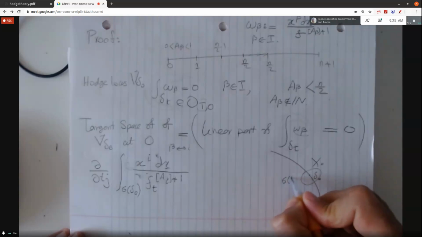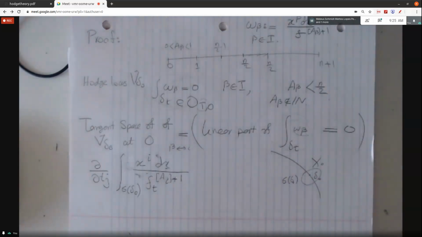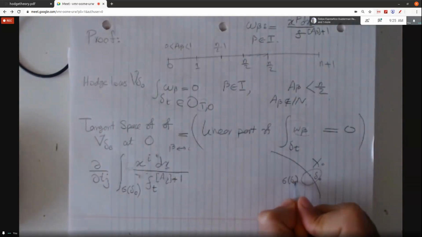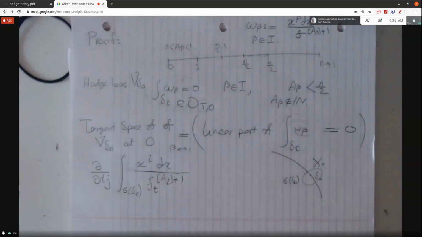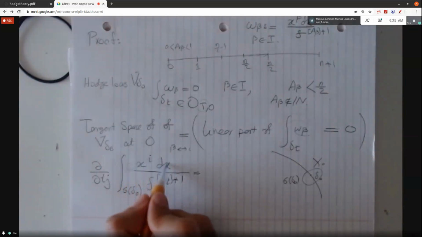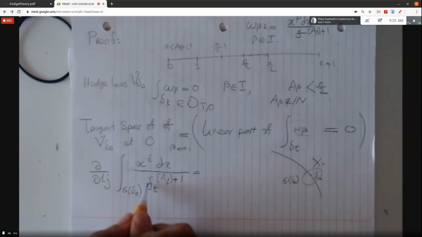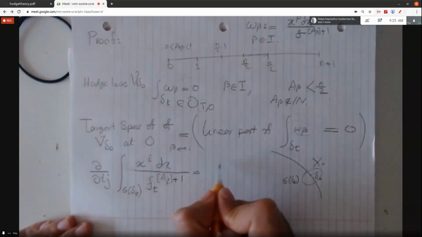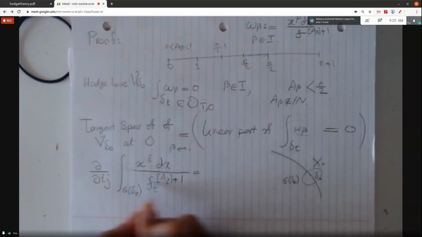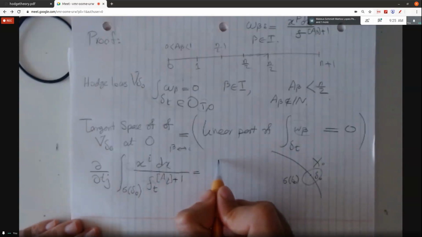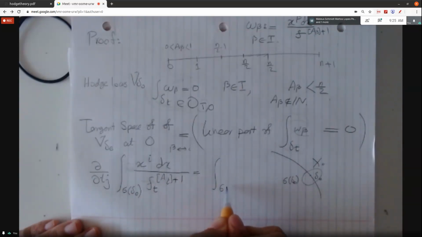So the sigma delta 0 in the Leray-Thom-Gysin isomorphism. Anyway, by a very simple fact, the only dependence on t is here. So up to some integers at the end, this is sigma delta 0,